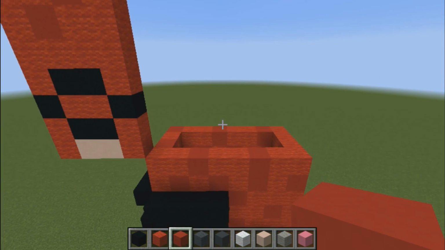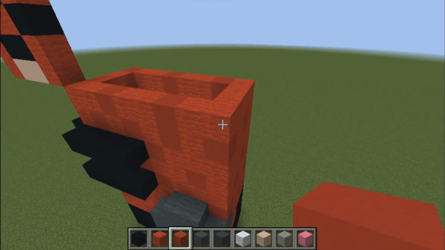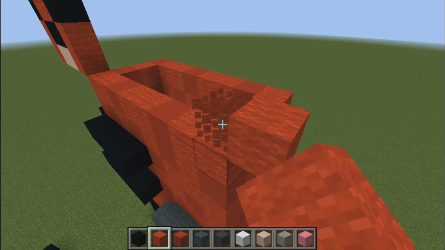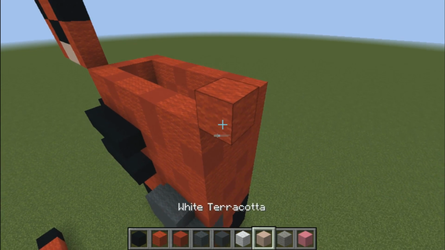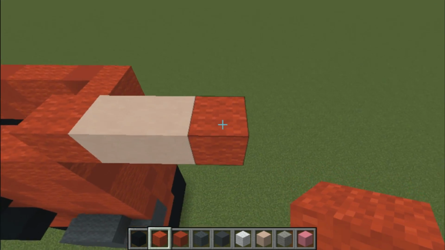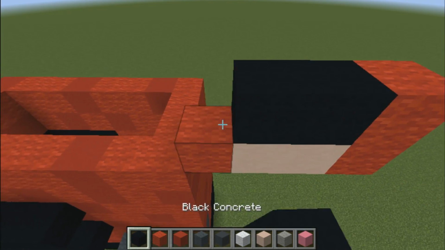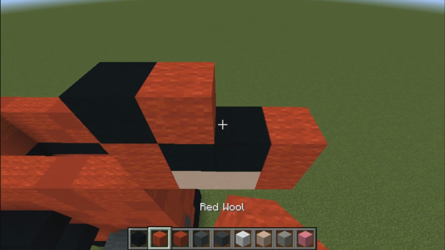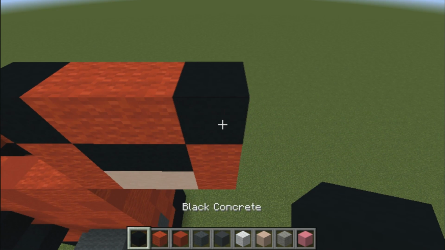Now we're going to go on her right hand side, so her right arm or your right. We're going to place 1 red wool, followed by another red wool. Delete the first red wool block, followed by 2 white terracotta and a red wool block. Place a red wool, 2 black concrete, 1 red wool, 1 black concrete, 2 red wool, 1 black concrete, 1